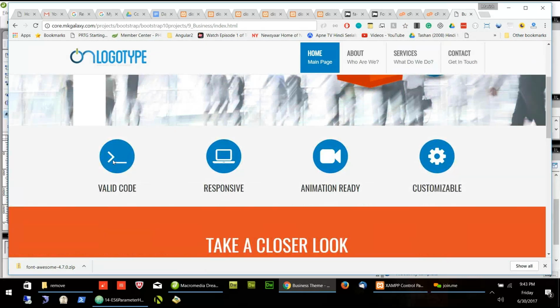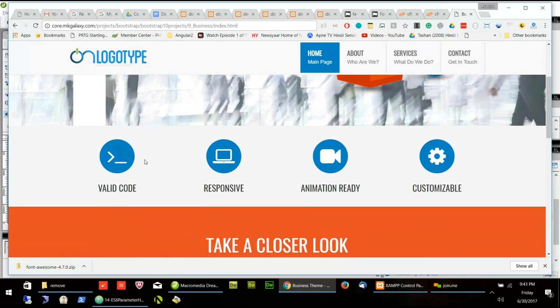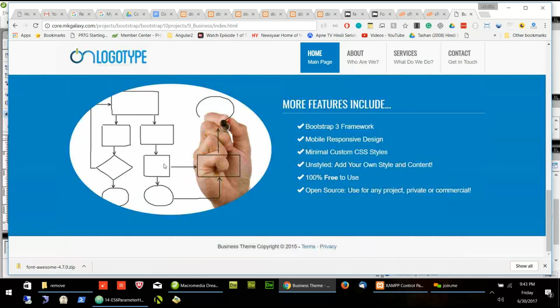Yeah, so these are the Font Awesome icons used to make it look nicer. Can you see this one? Yeah, so this way people use Font Awesome to make the look of the website nicer.